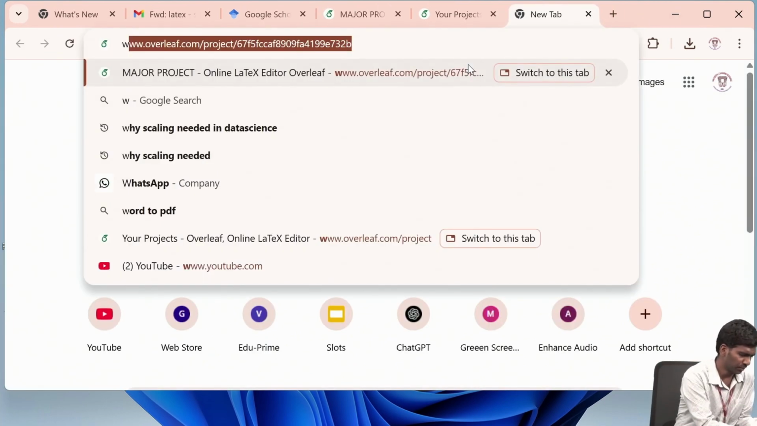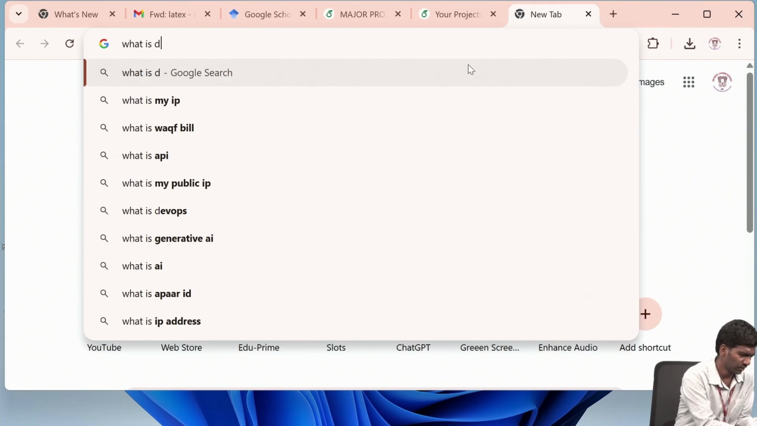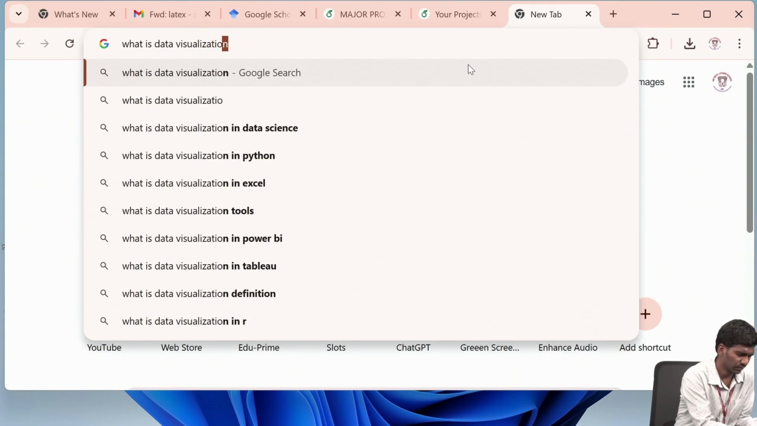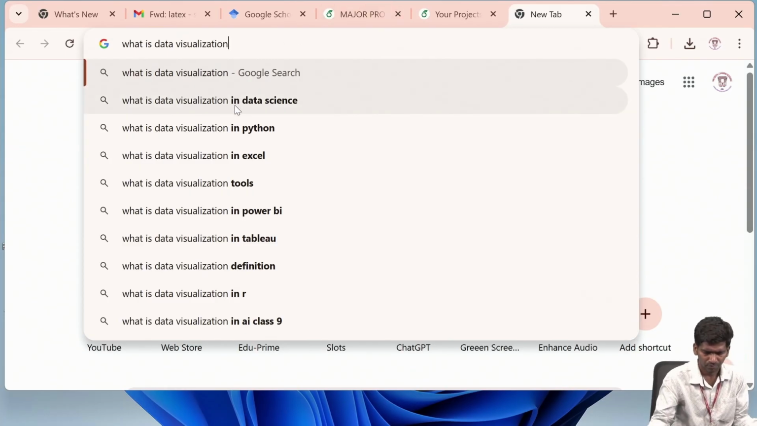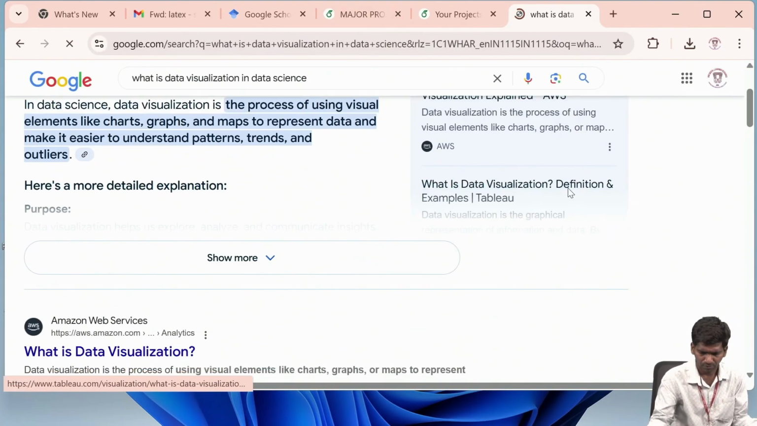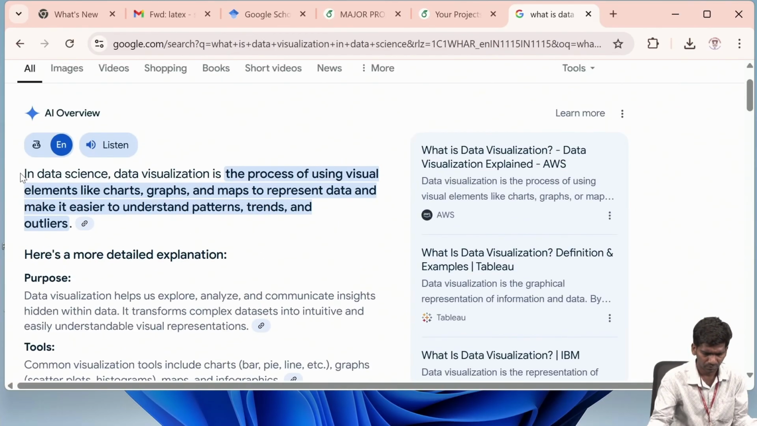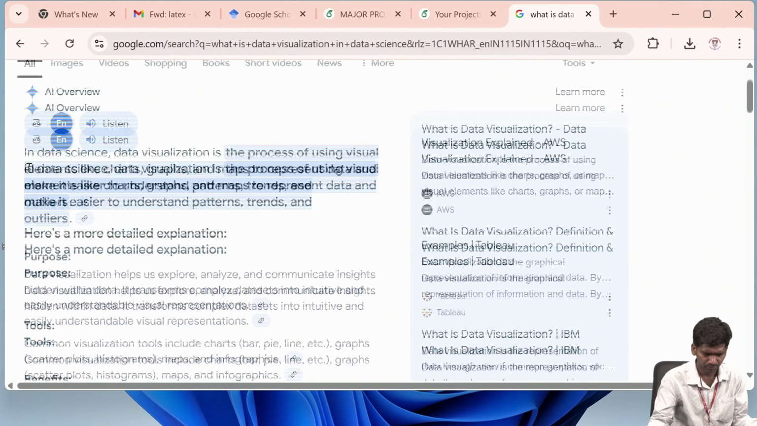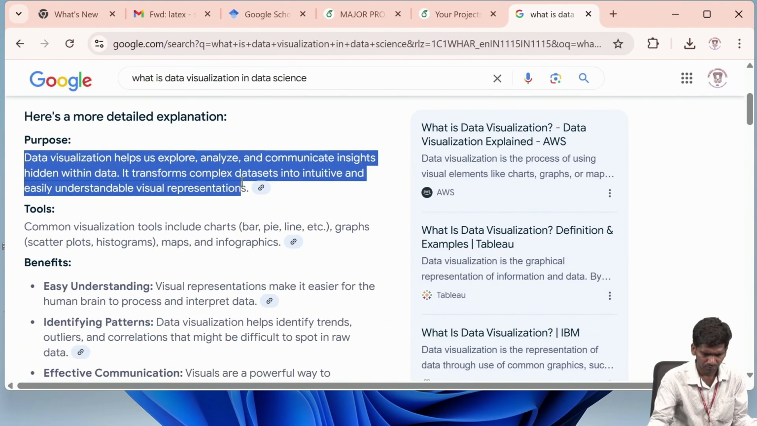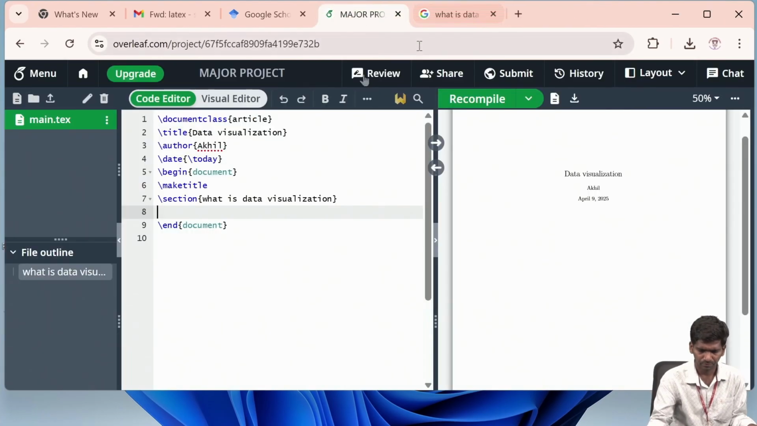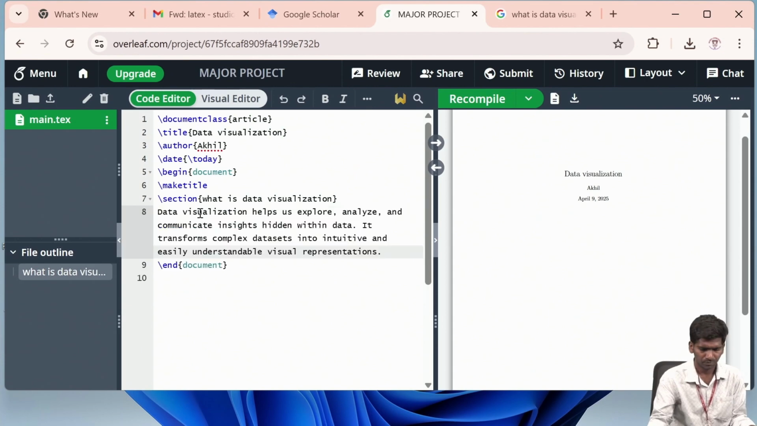Okay, let me prepare a documentation. What is data visualization? Okay, so I have some text here, so I can use it. Okay, I can use it. Okay, then next